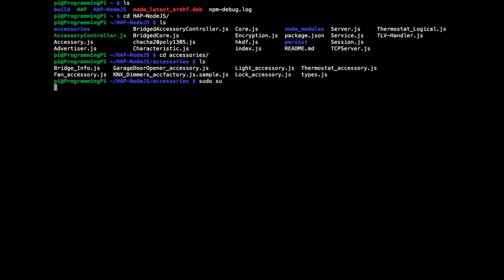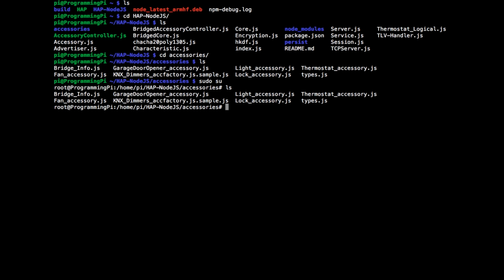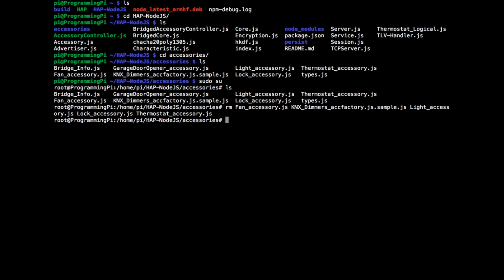You want to remove the rest of the accessories by using sudo first, so sudo su. And next the command you want to use is rm, just rm, and then you want to enter all the accessories you won't be needing, such as fan accessory, KNX dimmers, light accessory, lock accessory, and thermostat accessory, and you want to hit enter, and you can see they're all